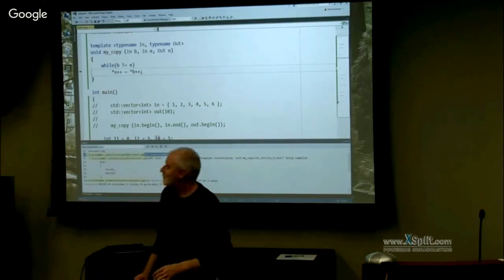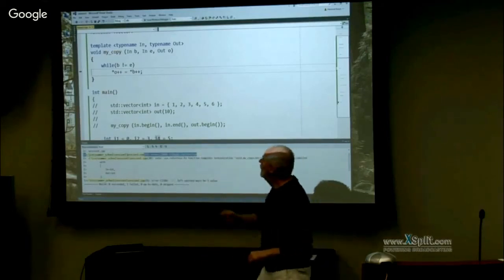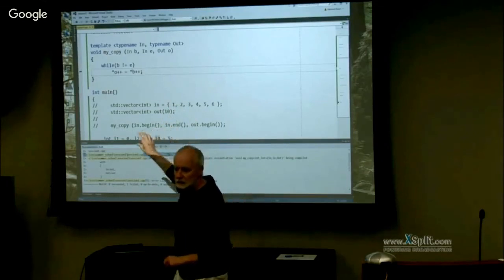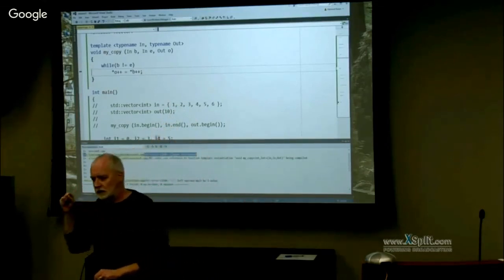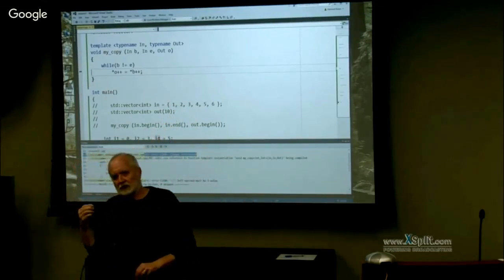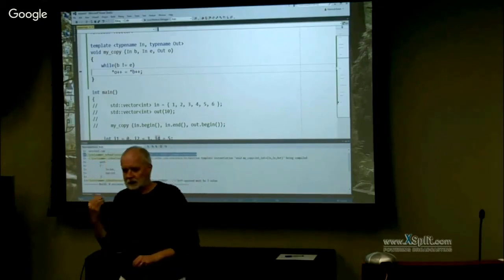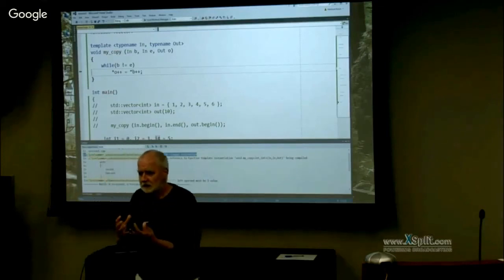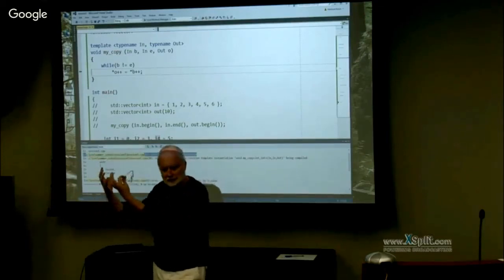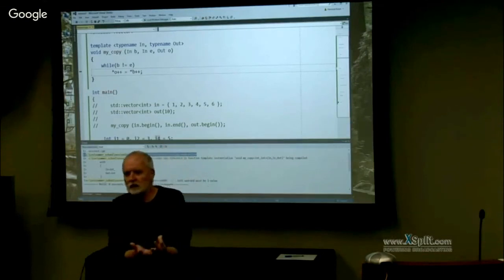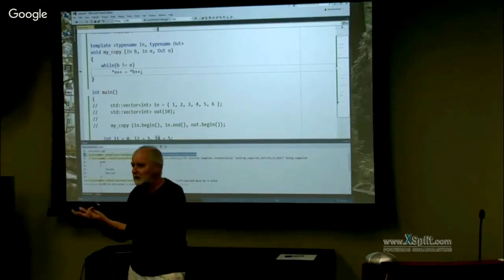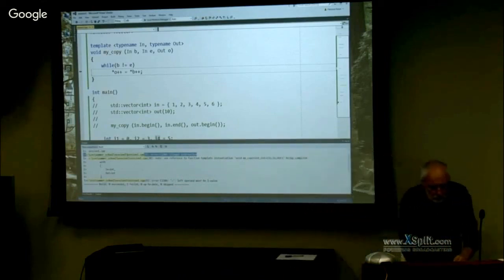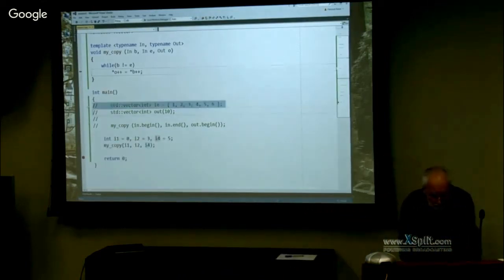That's the principle. Okay. So what we've seen is what a function template is. You can write functions which are not expressed in terms of concrete types, but in terms of categories, in terms of concepts. You can use that function with anything which is an input iterator and an output iterator. You don't care whether that input iterator comes from a vector or from a list or from whatever. For instance, let me just give you an example here.